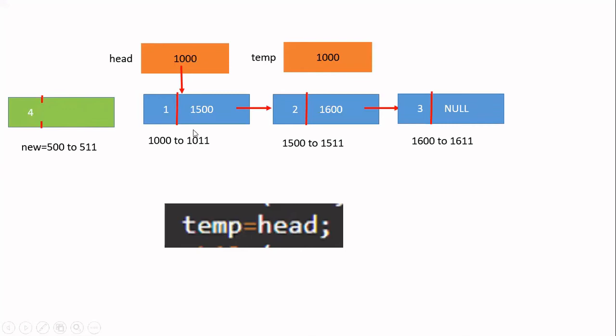So again, you have to travel the linked list because you don't know where the key value 2 is present. You have to travel through the entire linked list. Whenever you want to travel through the linked list, create a temporary variable and store the head value in that. So I am creating a temporary variable and assigning head to that. If I do this, whatever is available in head, the same address will be copied in temp also. The meaning is currently temp is also pointing to the first node. This red line you can draw here. Temp is also pointing to the first node. Now 2 nodes are currently pointing to the first node.